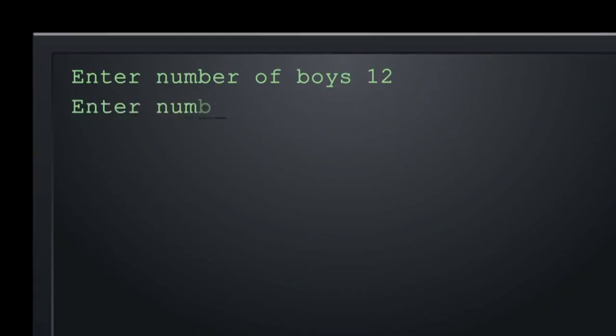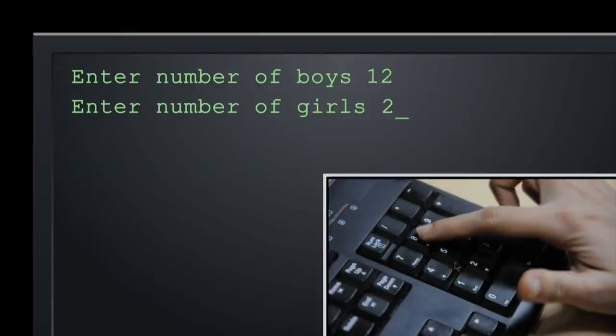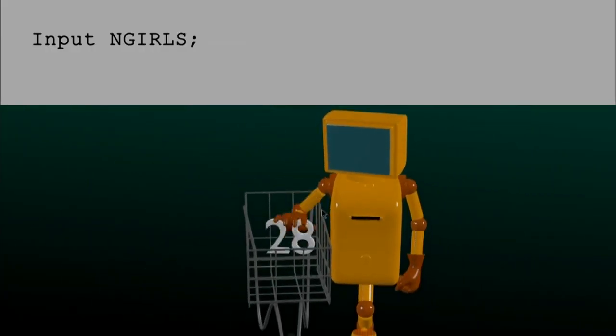Dumbo will take this value 12, take it in his card and go back and store it in the location for n boys. Next, he similarly brings another string which says enter number of girls. He throws this string because of this output statement, and we see enter number of girls. Again forewarned, when Dumbo comes to collect the input for n girls, we now have this message. So we type the value, let us say 28, press enter. Dumbo now collects the value 28, goes back with his card and deposits this value 28 in the location for n girls.